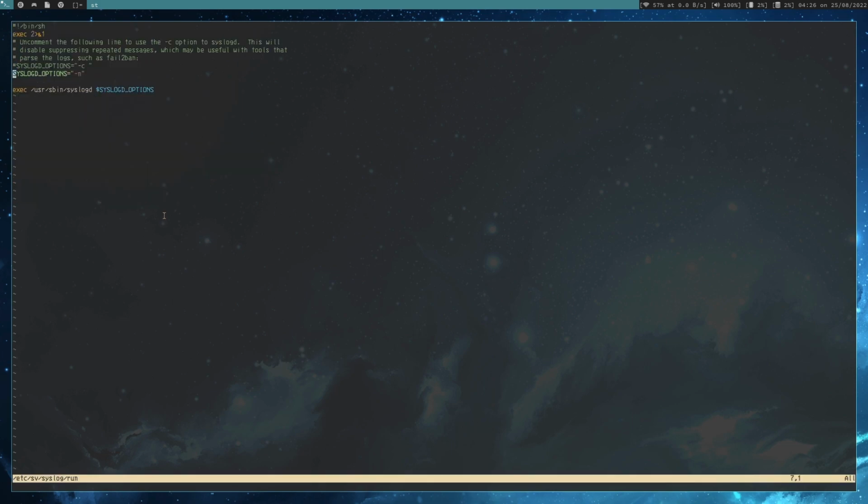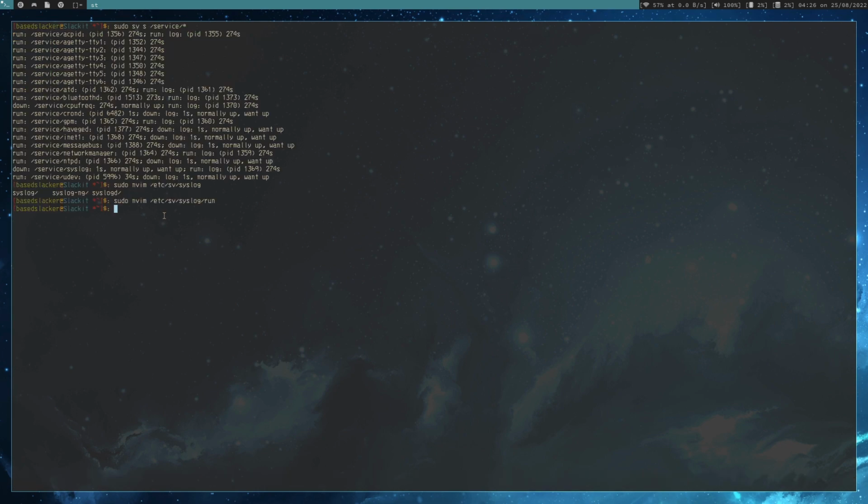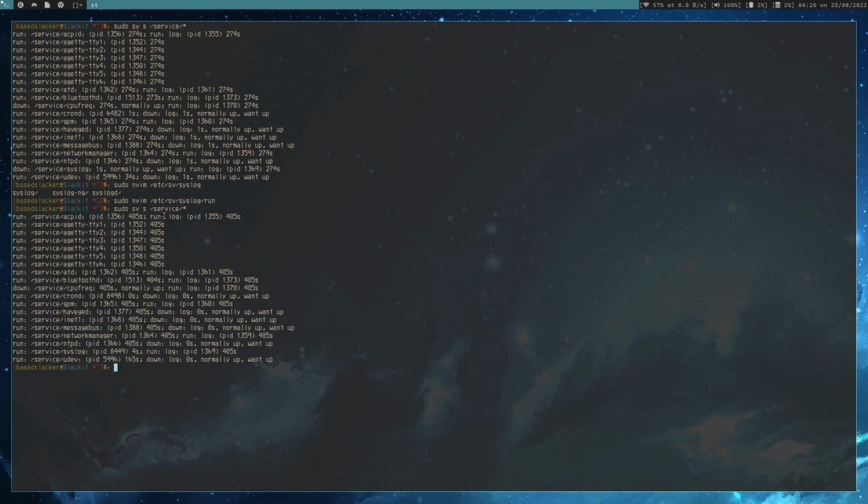So actually, what I'm gonna do here is I'm gonna go ahead and comment that out, and then I'm gonna make this really simple. I'm literally gonna go -f, and what this is gonna do is force it to run in the foreground, which is what Runit needs. It needs services in the foreground. So we can check here,